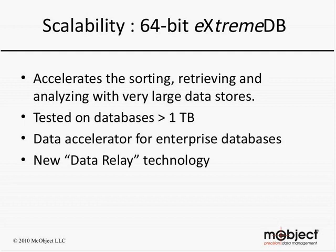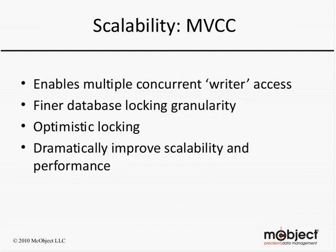Another important tool for scalability is eXtremeDB's optional multi-version concurrency control transaction manager, or MVCC, which is available as an alternative to the pessimistic database locking of the original eXtremeDB transaction manager. With MVCC, each connection holds a subset of the database which is being modified and thus offers finer granularity of locking. Unlike the standard multiple read, single writer approach, which implements pessimistic locking, resulting in all or part of the database being unavailable,